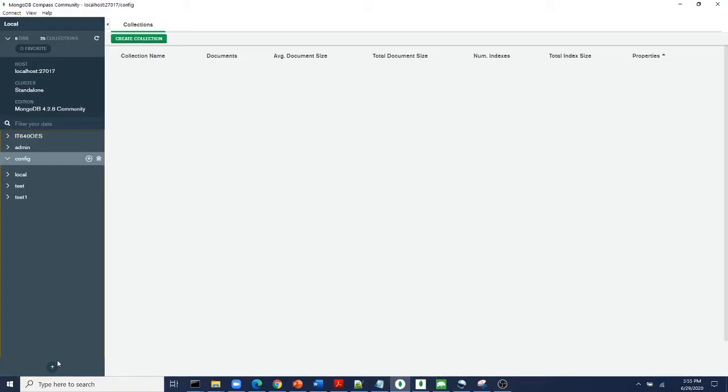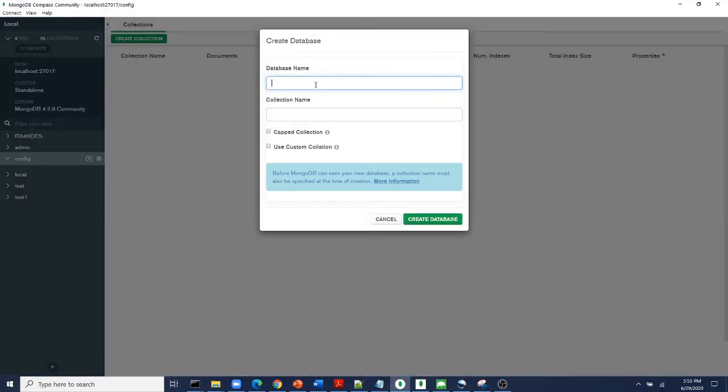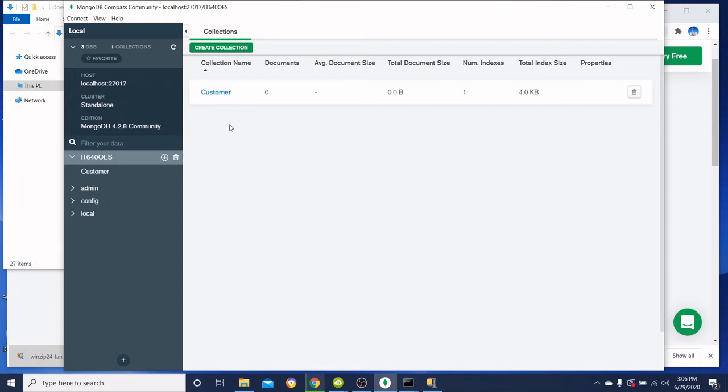Also, if you need to make a new database, you can create it in here, create database, and we will call it IT640 OS, and we'll create a collection called customer and create data. If you want to get the data, you need to go inside of the